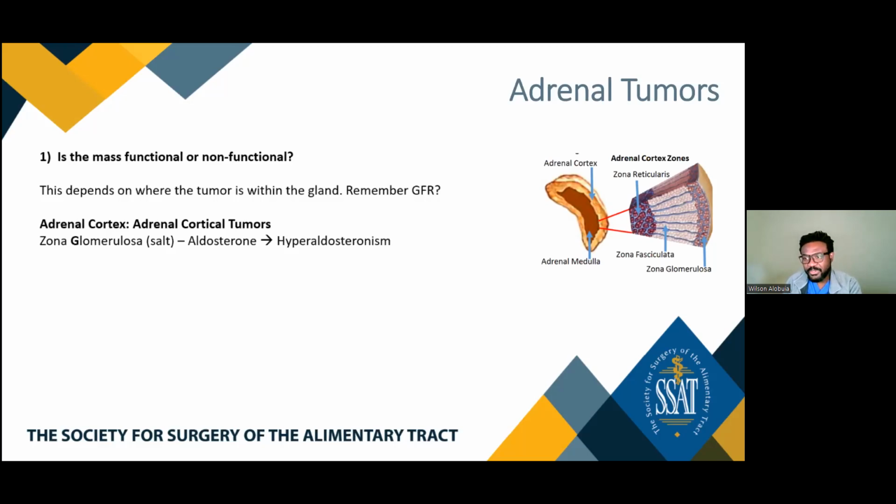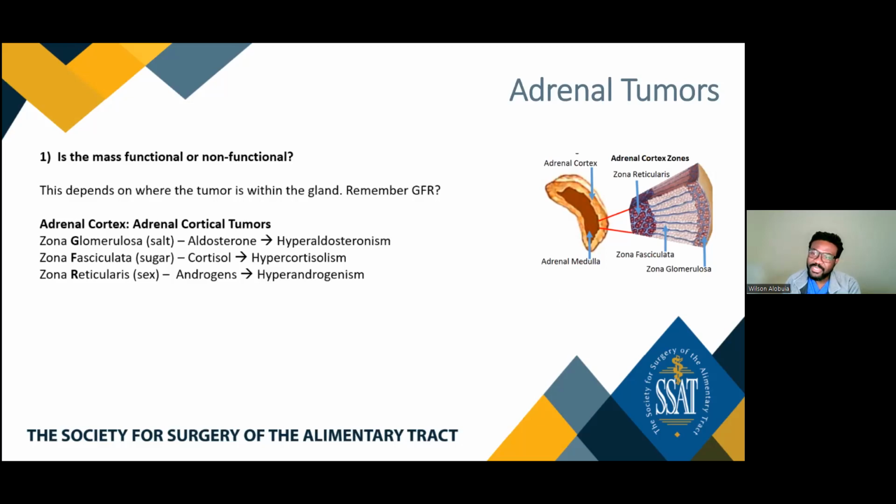And if it's in the glomerulosa, this is the part that is involved in salt metabolism. So this is where you have your aldosterone synthesis. So a tumor in this part of the adrenal gland leads to hyperaldosteronism. And obviously one in the fasciculata will lead to hypercortisolism because that's where cortisol is synthesized. And then one in the reticularis, because that's where androgens are synthesized, will lead to